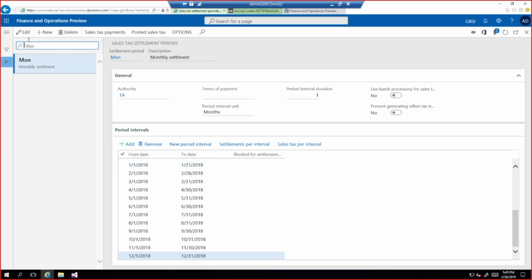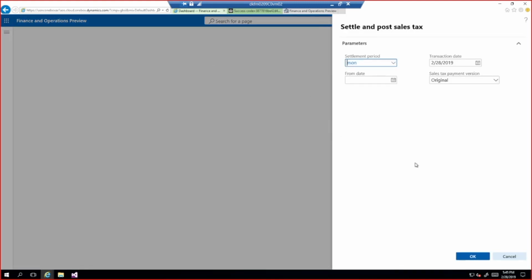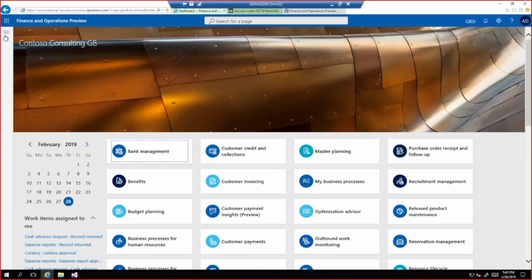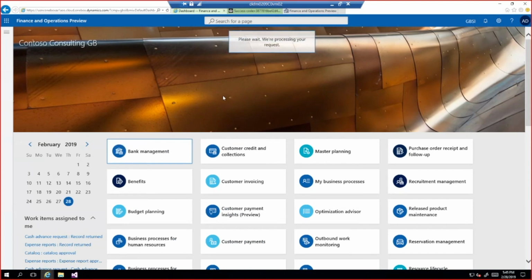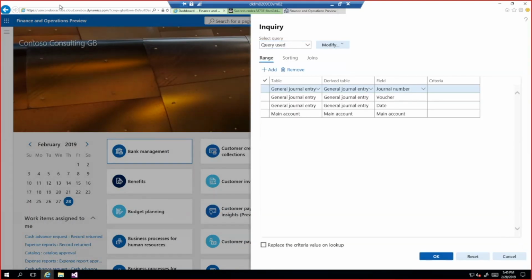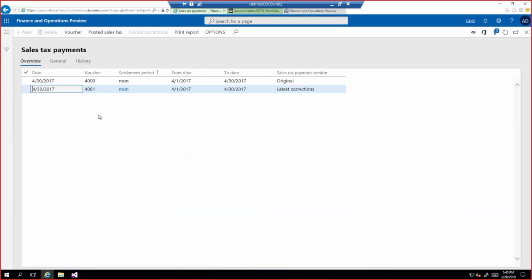And the company uses the sales tax settlement procedure at least at the end of the VAT return period. As a result of this procedure, sales tax payment transactions are generated, and I have already prepared 2 such transactions for this demo,